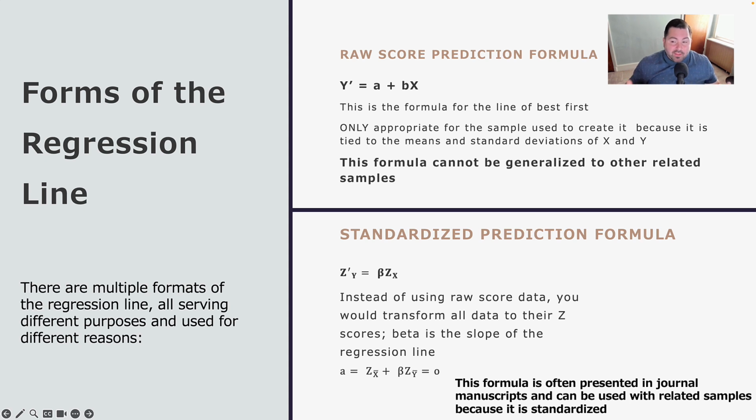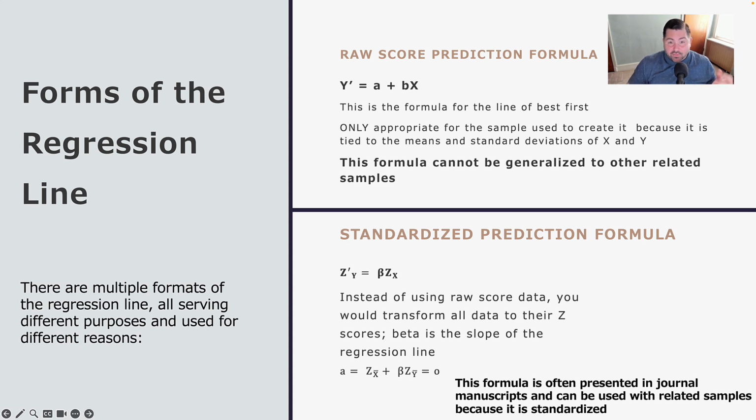And so this formulation, unfortunately, is also tied to the sample in which it was generated, right? Means and standard deviations of this group of people with which we collected this data. And so any type of regression that I generate from these people is only confined and works with the people who I collected it on. If I want to standardize it to the population, meaning I want to use this equation with other samples that reflect the population in which I'm studying, then I need to use what's called the standardized prediction formula,